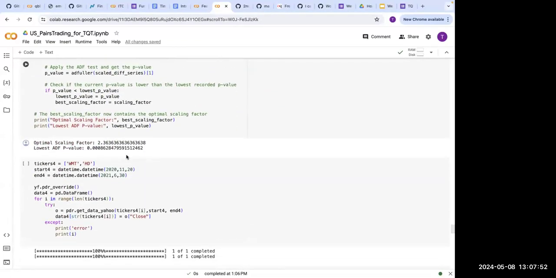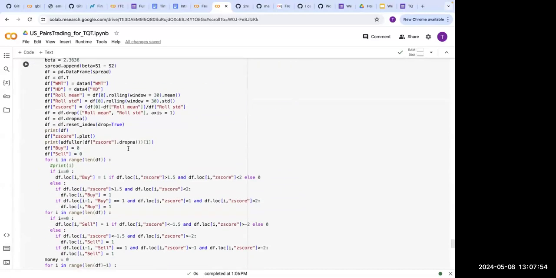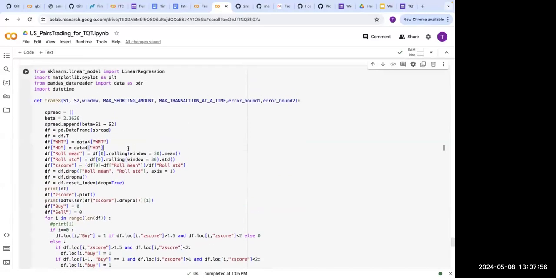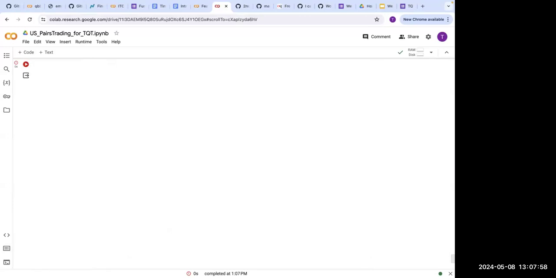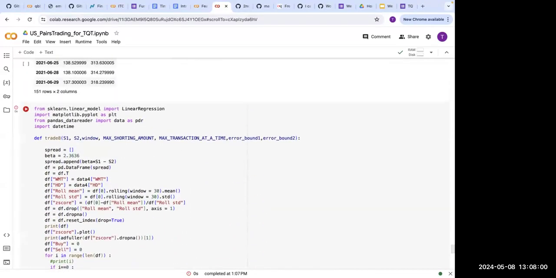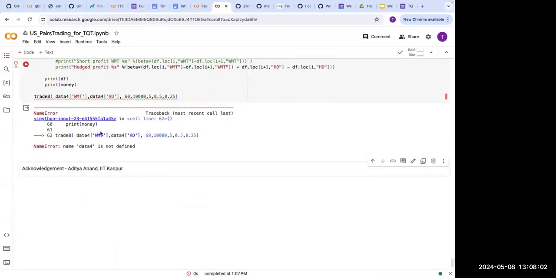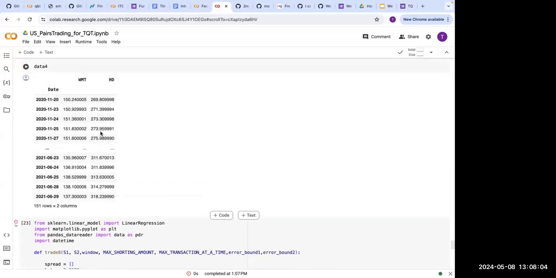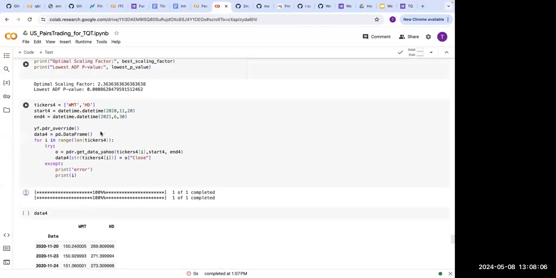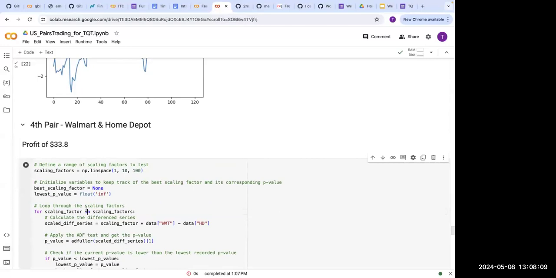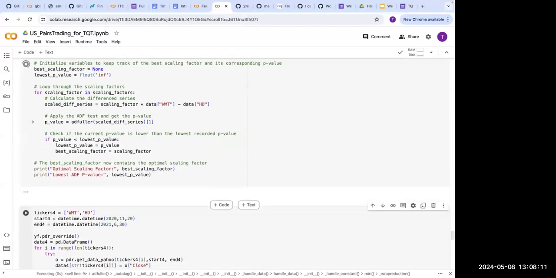So let's run the same code now on that. Oh, data pool is not okay. I should have copied. Oh, I should have run it from here. Okay, so running it from here.